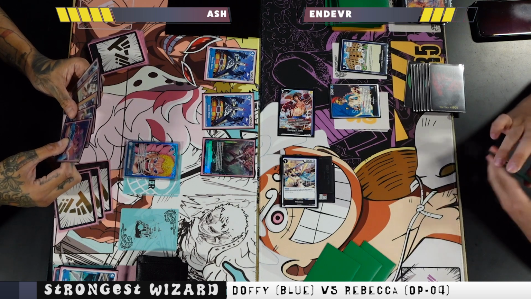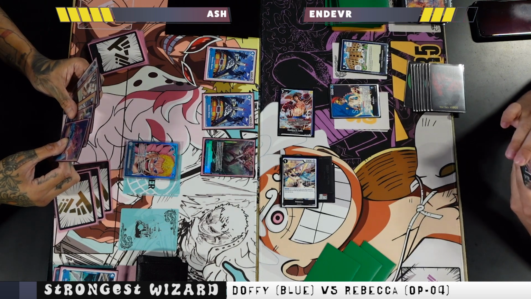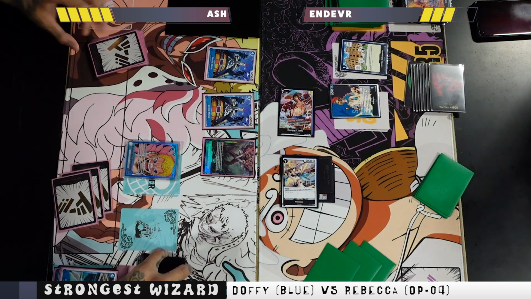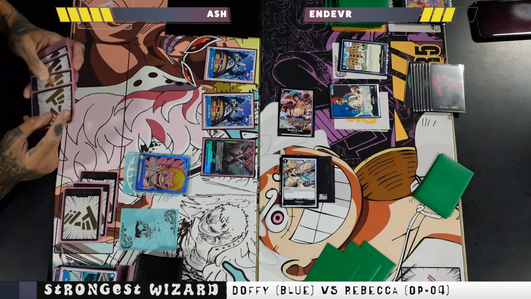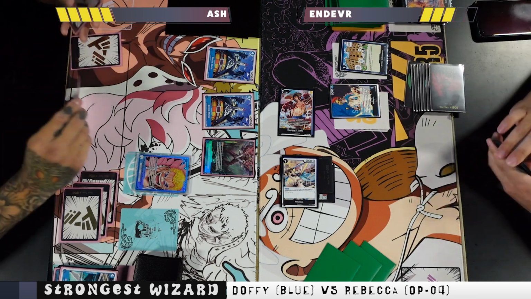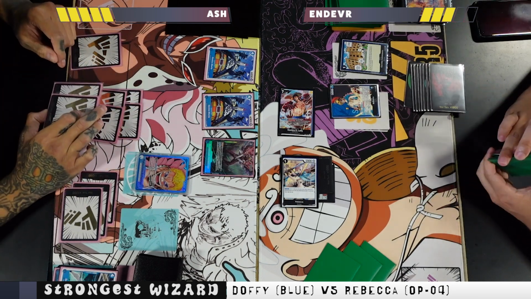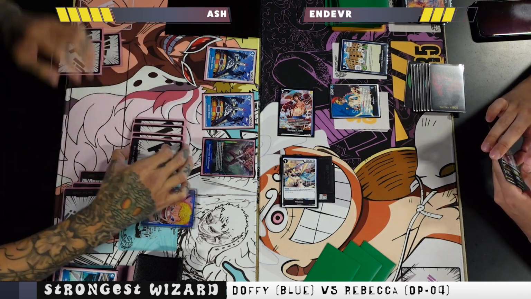This game is definitely going to time in a tournament setting, of course, so make sure you guys are on top of that. But let's see here exactly what Ash can do. Is he going to go for the Luffy, or is he just going to go straight to life? I think the way Ash has been playing so far, he's probably going to go into that Luffy,